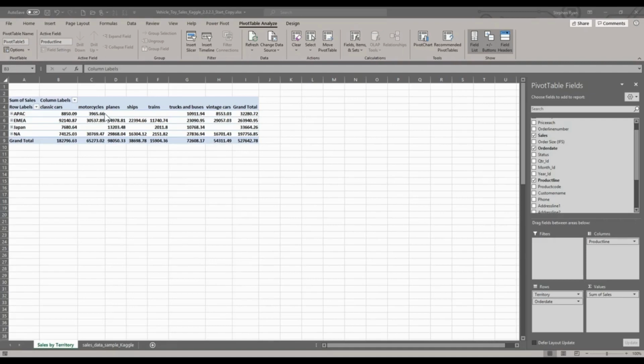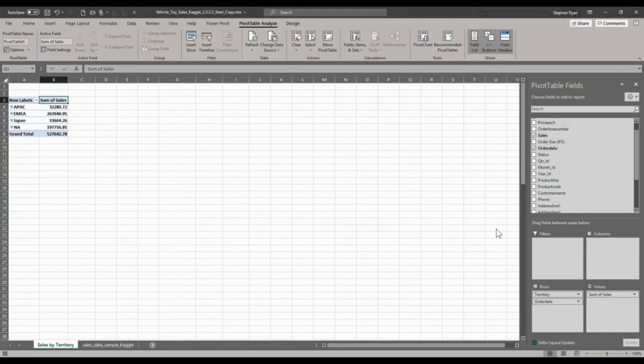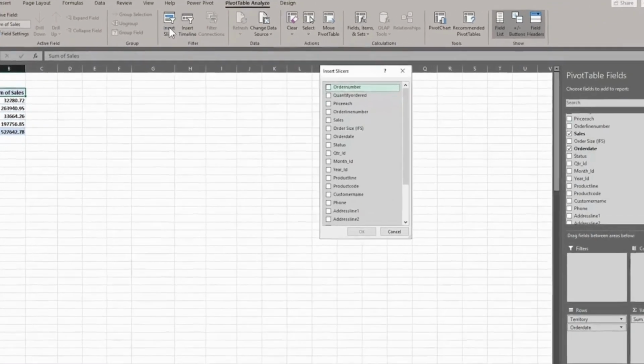Slicers make it easy to perform quick filtering of your pivot table data, and they also display the current filter state, making it easier for you to know and see what data is currently being shown and which is being hidden by the filter. For example, if we remove the product line field from the pivot table by dragging it out of the Pivot Table Fields pane, and then from the Pivot Table Analyze tab, we click Insert Slicer, and